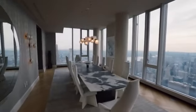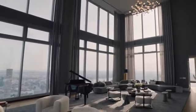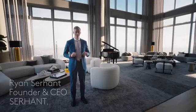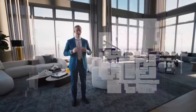This is the highest residential home on planet Earth. Welcome to the penthouse at Central Park Tower on West 57th Street in New York City. This apartment, the penthouse, are the top 3 floors, 129, 130, and 131. And it tops off at about